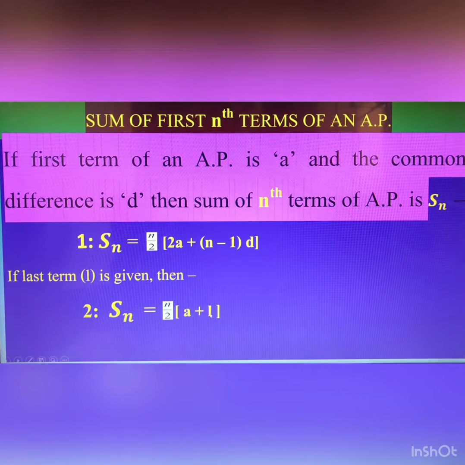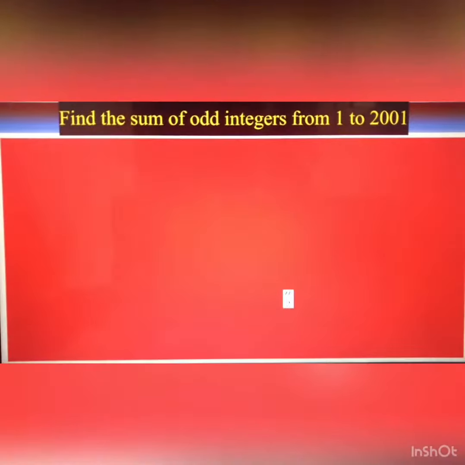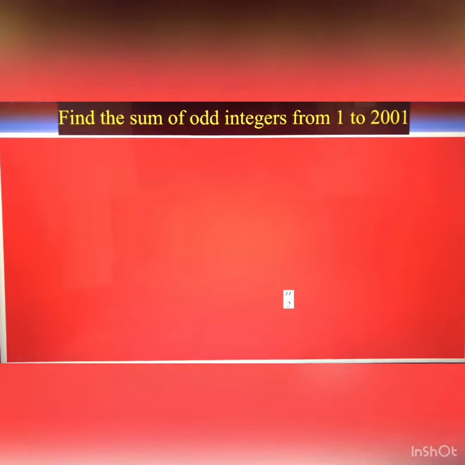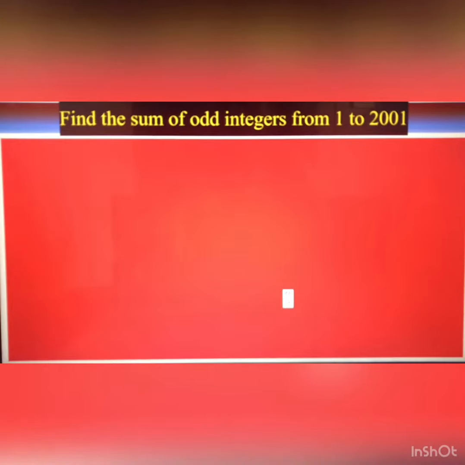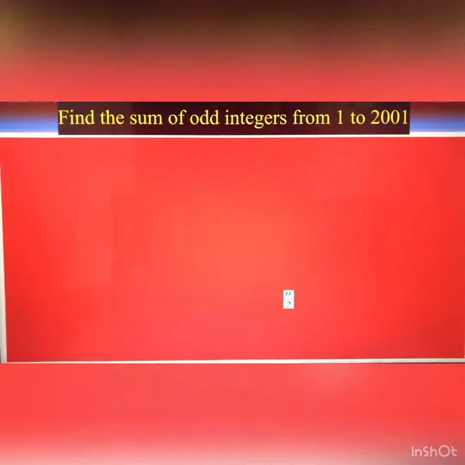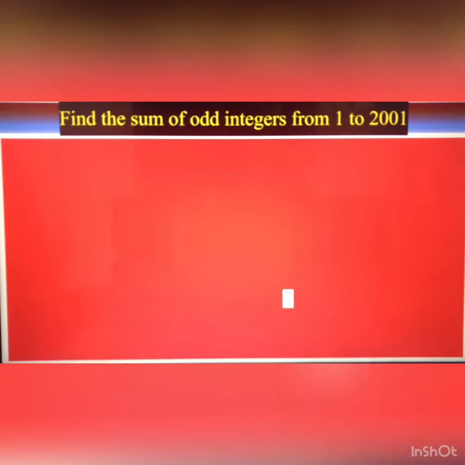L is the last term. So let us understand it with an example, the application of sum of n terms of an AP. Here is a question: find the sum of odd integers from 1 to 2001. First of all, we will find the odd integers between 1 and